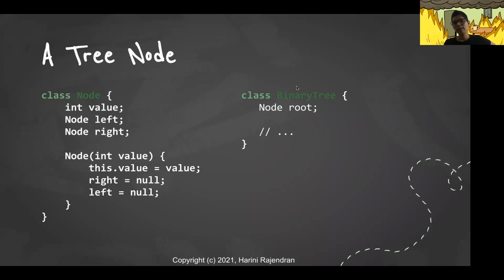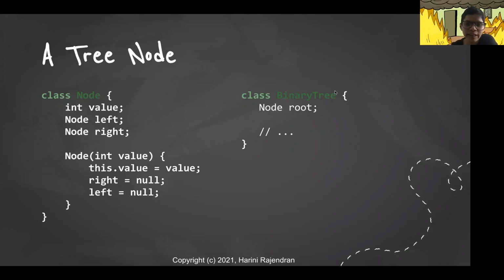And usually when we define a class for different types of trees, one of the things that is usually given to us is the root pointer to a tree. In most of the problems, we'll only be given the root pointer to the tree. So if we take a binary tree class, the thing that is usually defined is the root, followed by all the other additional functions in a binary tree, for example, search, adding a node, removing a node, etc. So this is the basic node class.